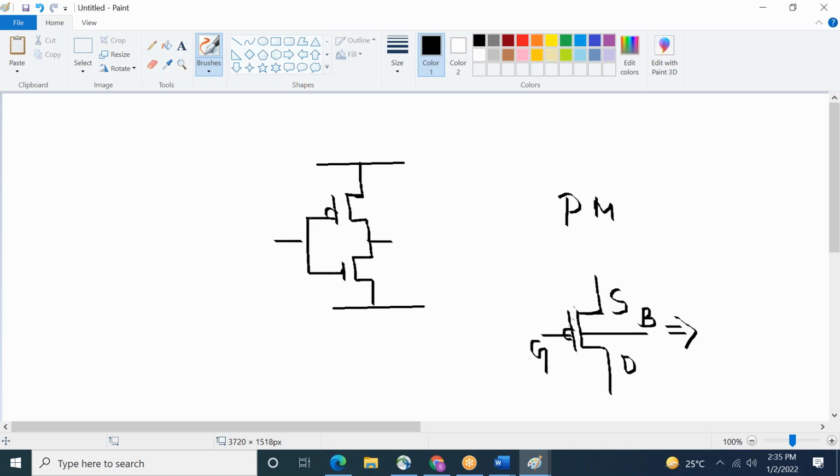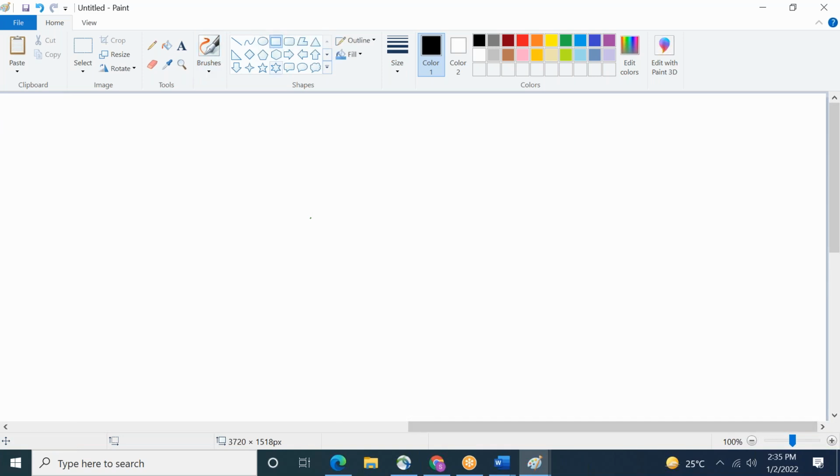So the gate is controlling this channel. Channel means, if you apply it, how it will look in cross sectional view.